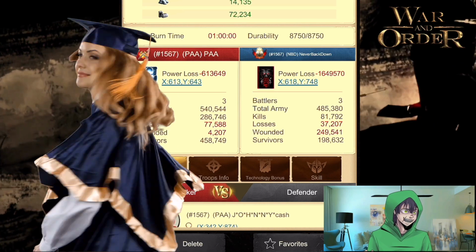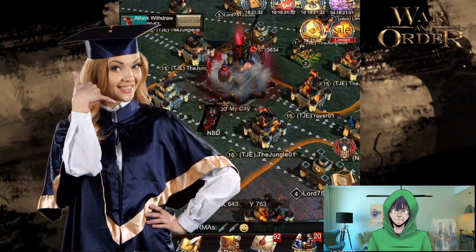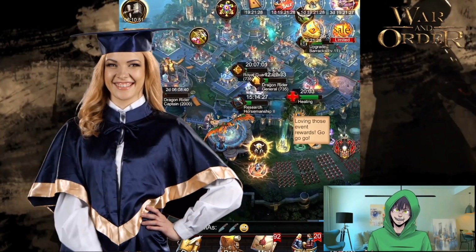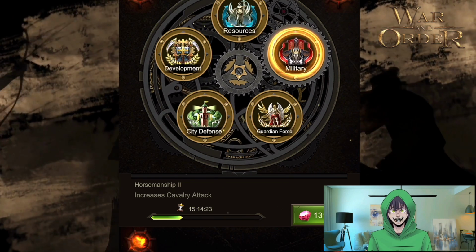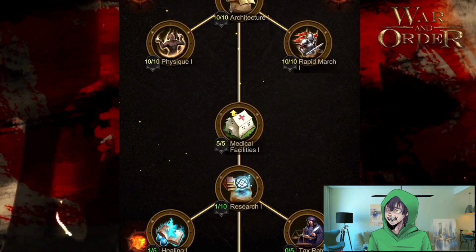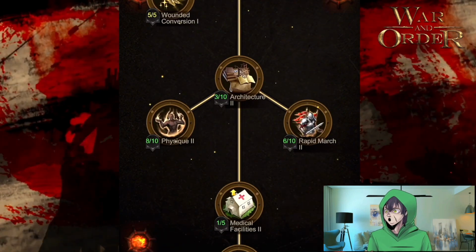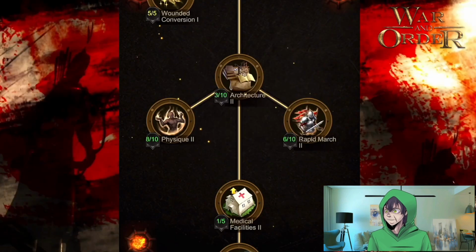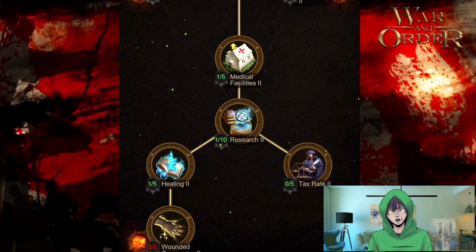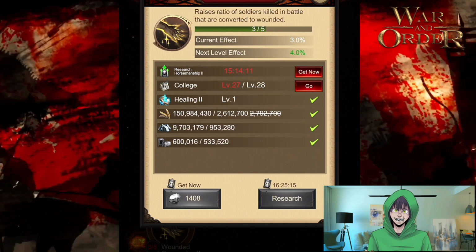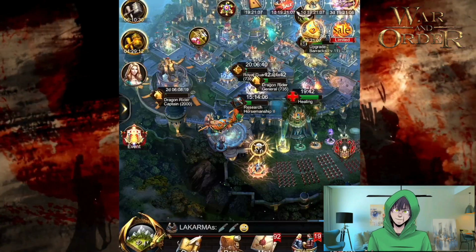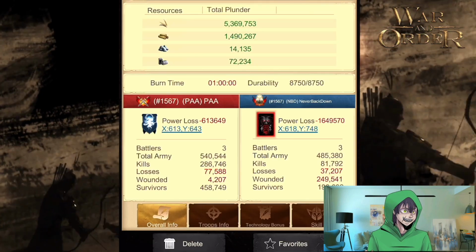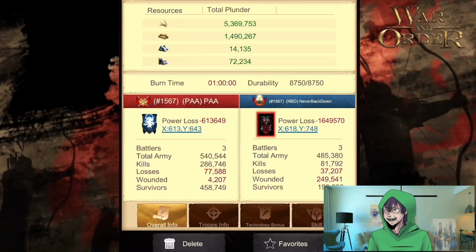You can train this skill in the college, and let me show you real quick. If you go over to your college, go to research, go to development, and if you scroll down here, you'll see wounded conversion, there's 5%. Scroll down further, and you can get up to 10% right here in the college. And those troops that would have died here in this battle report, which would have been